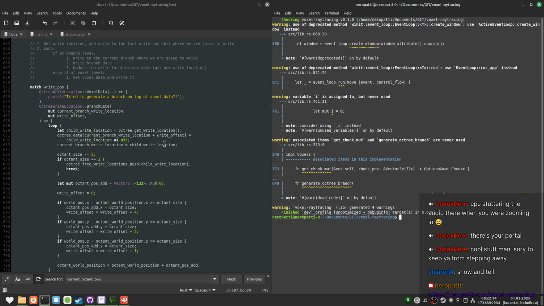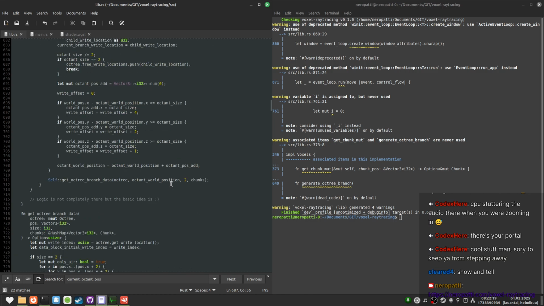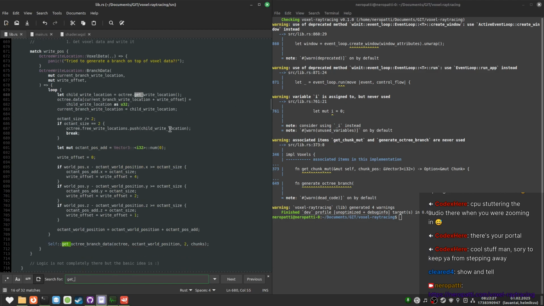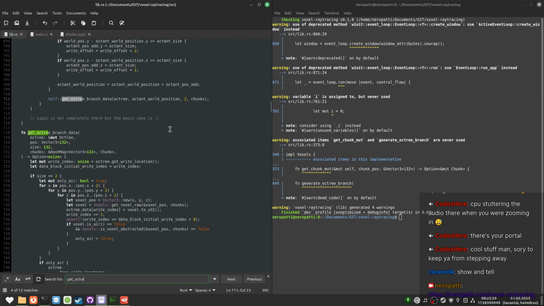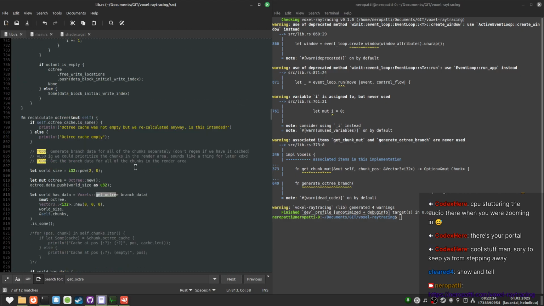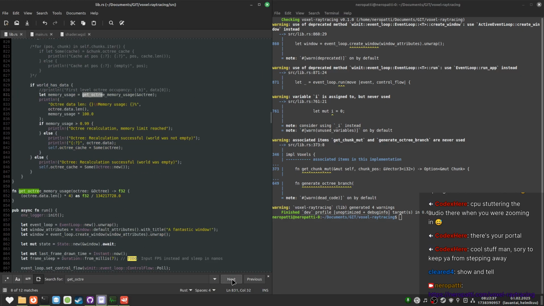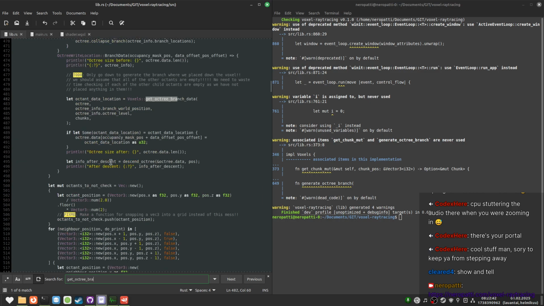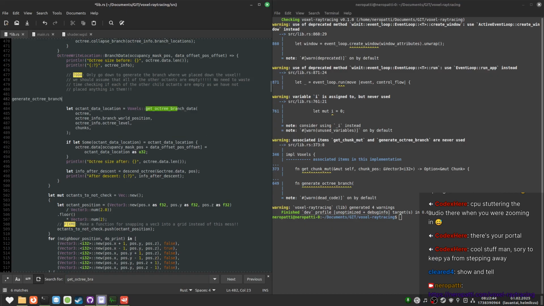Should work. This is very bad, but it should work. Let's just call the function and see what hell breaks loose. Alright, so instead of this, we're gonna call this. I feel bad about this function, but it's whatever.